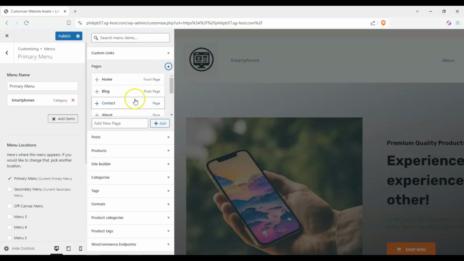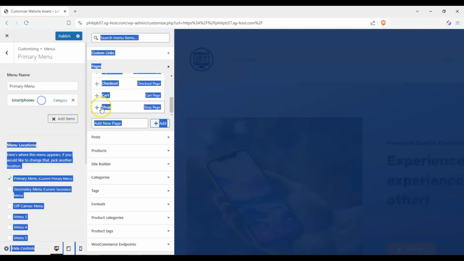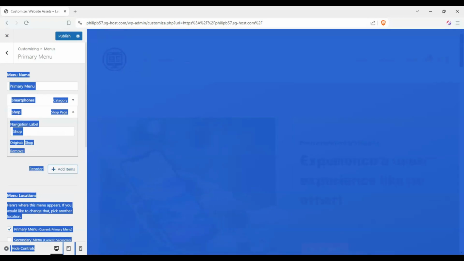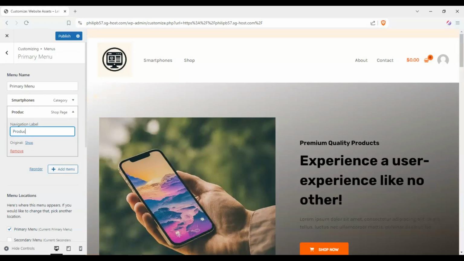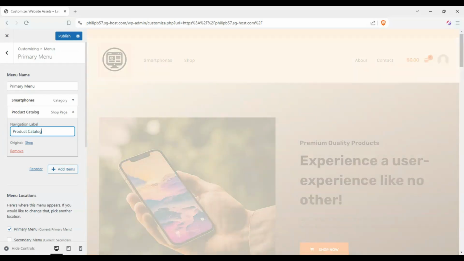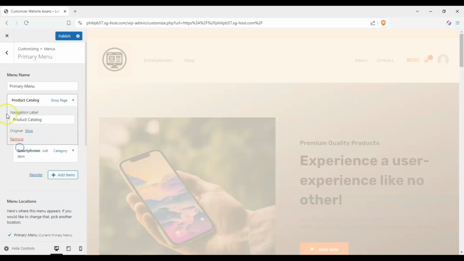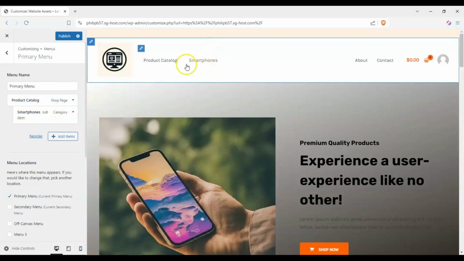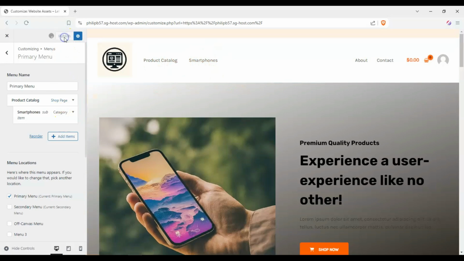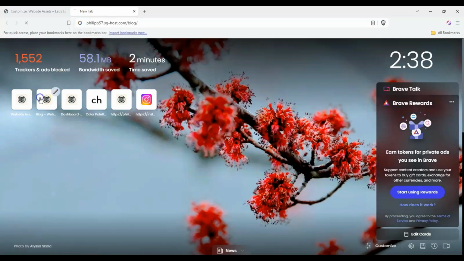And our pages, we have our actual shop itself, right? We add that, and we can name it. Okay, and that should be up here, and we can put that down there, right? And it should reflect there. Okay, we can click on publish, and once we go to our main website,